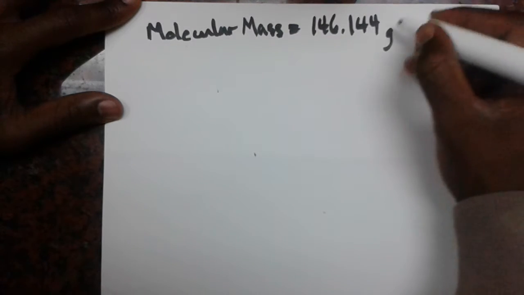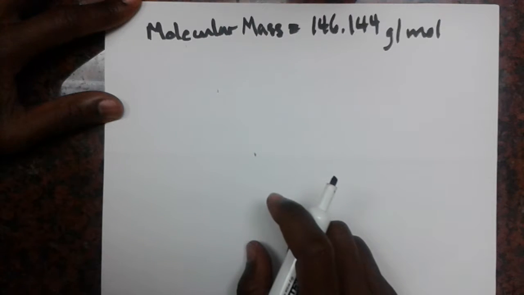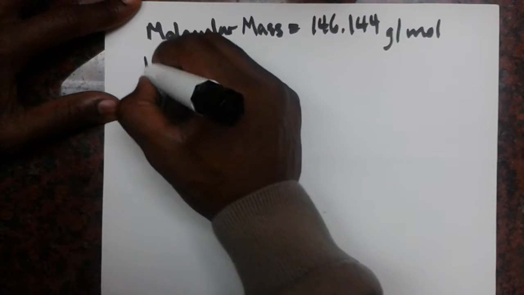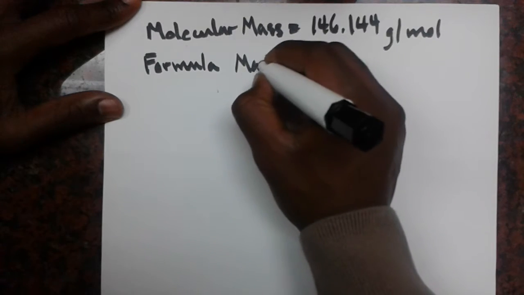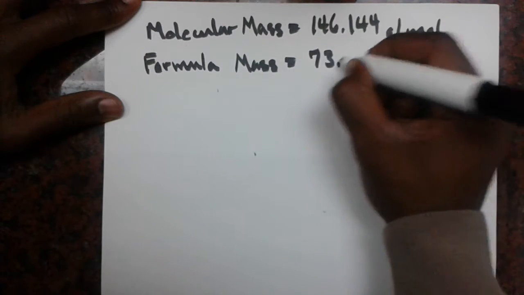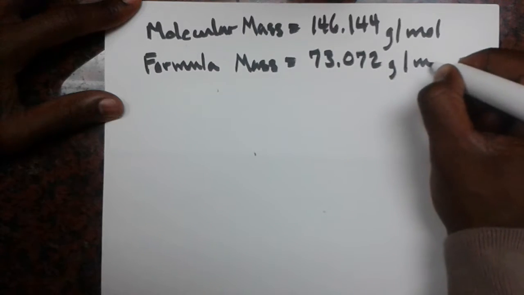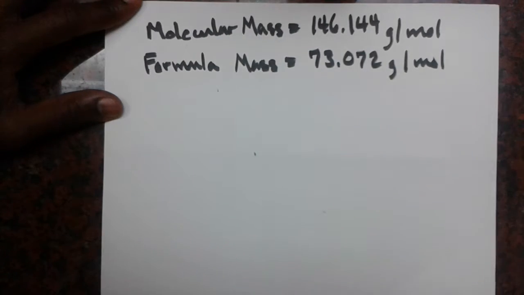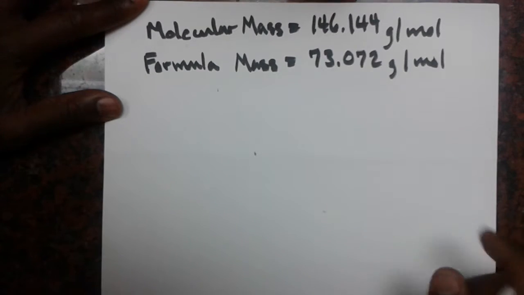So I'm just carrying over the information from the other page. So we see that the molecular mass was 146.144 grams per mole. However, our formula mass was slightly less, significantly less, 73.072 grams per mole. So to calculate the difference in the formula mass and molecular mass, we can use an equation